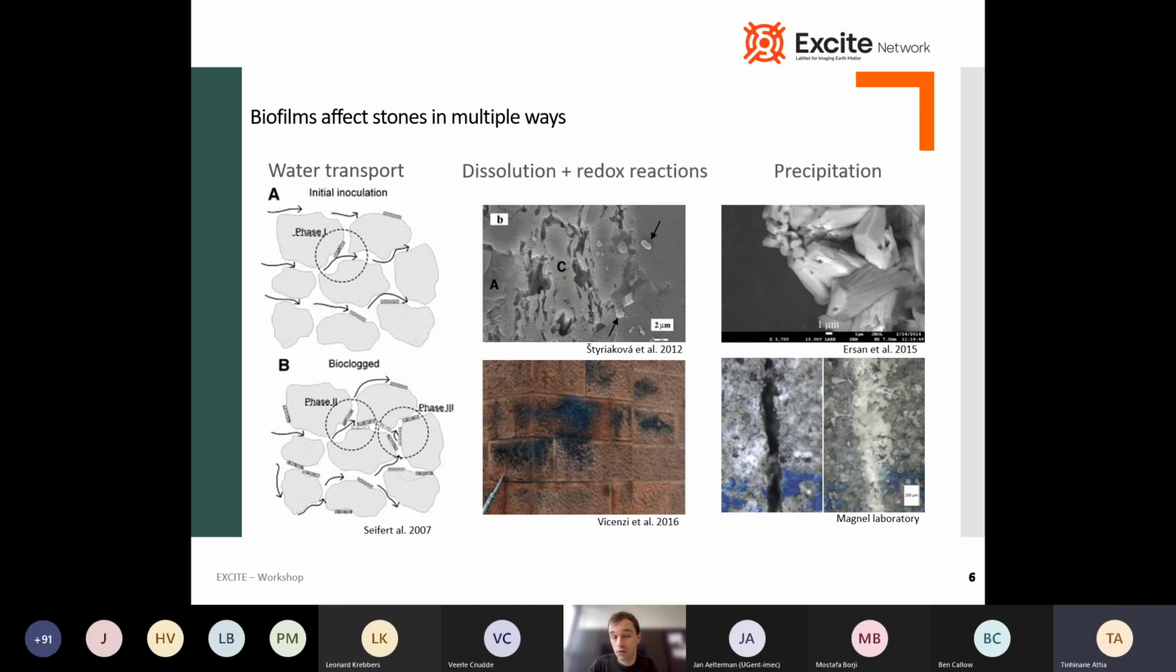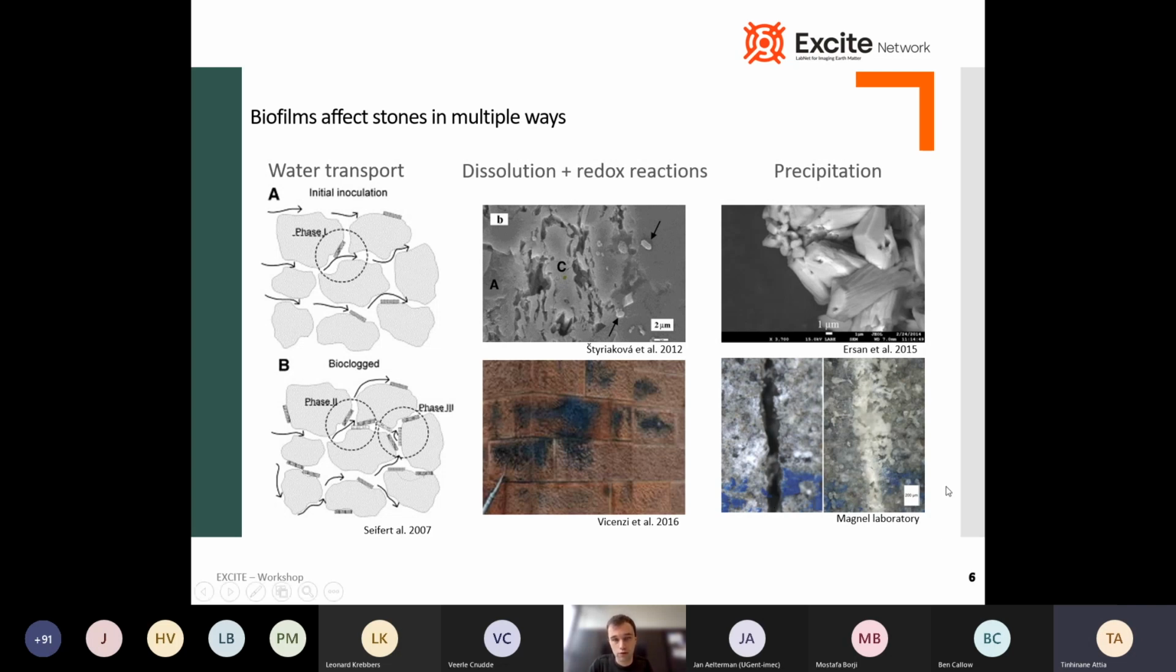So they can have quite a big effect there. On the same hand, the biofilms or the bacteria there will often produce acids that can dissolve certain minerals, which can lead to weathering, or they can oxidize or reduce certain metals, which can lead to manganese stains, for example. On the other hand, they can precipitate minerals, which are often carbonates that can be used to seal cracks